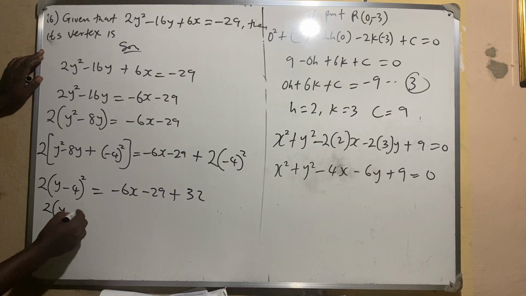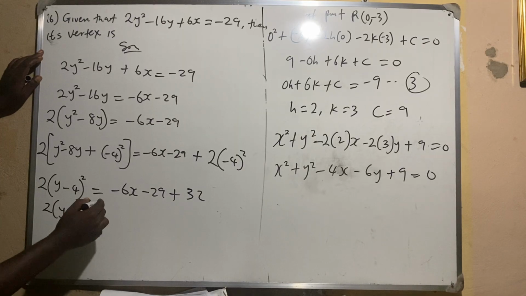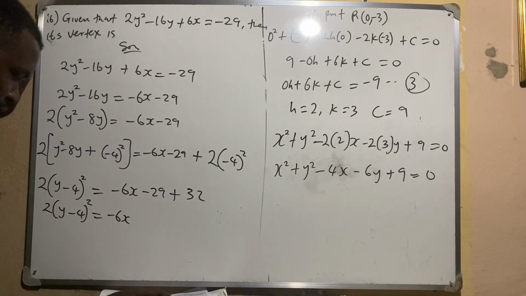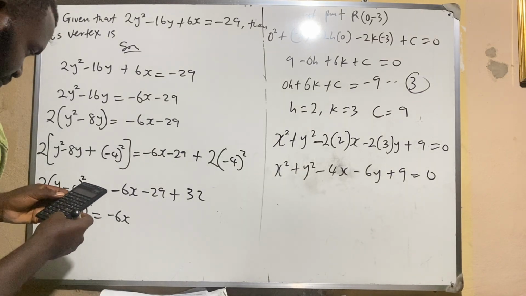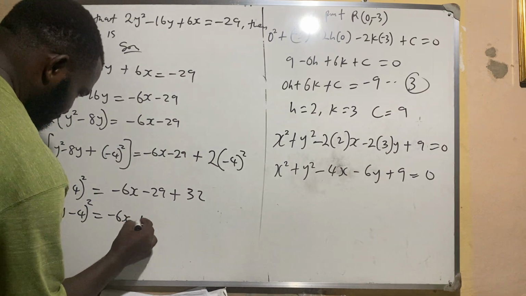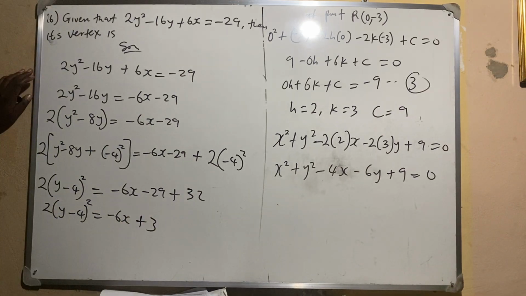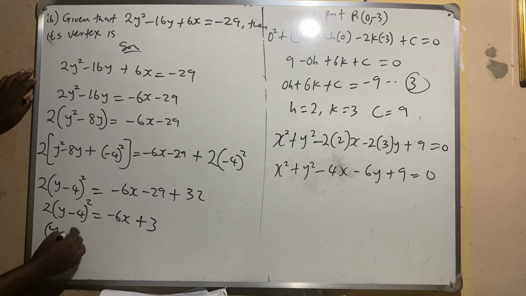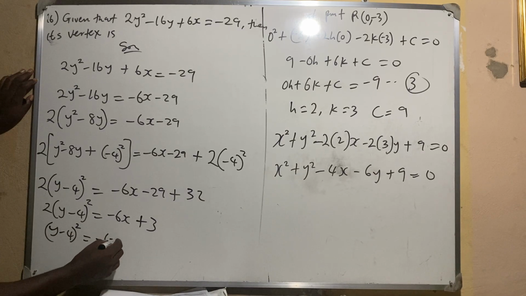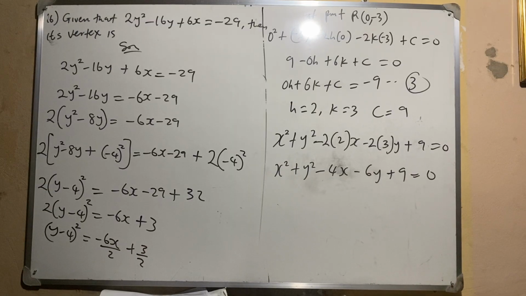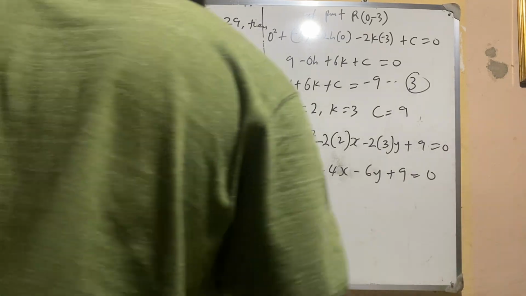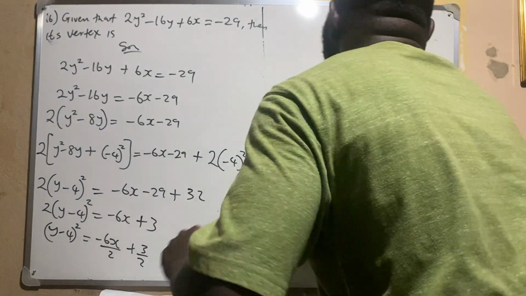So this is what? 2 in bracket of y minus 4 squared is equal to minus 6x. So 32 minus 29 plus 3, so I'm having plus 3. Okay, so I want this one to stay alone. So I'm going to have y minus 4 all squared is equal to what? Minus 6x over 2 plus 3 over 2. Dividing everybody by 2, my equation becomes